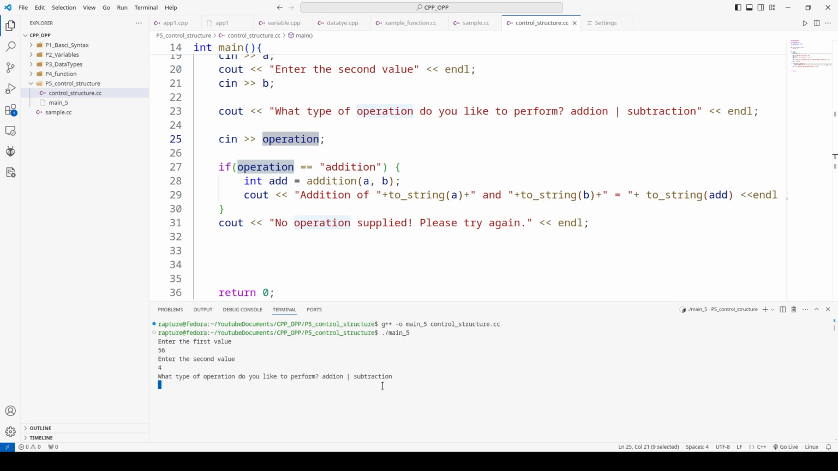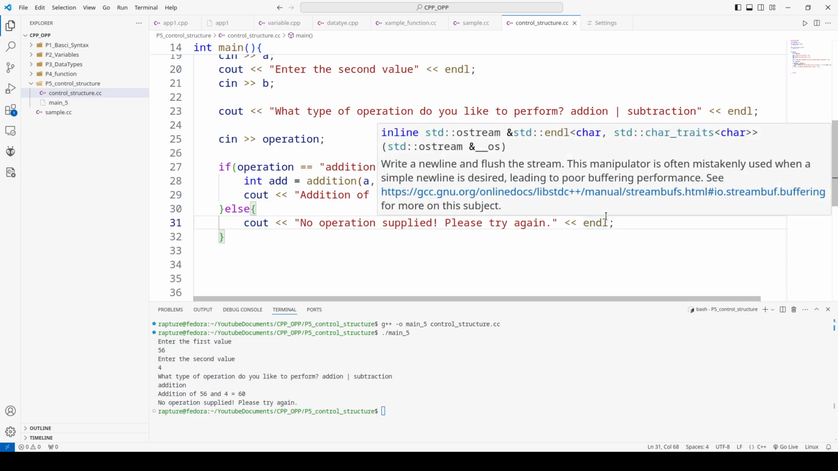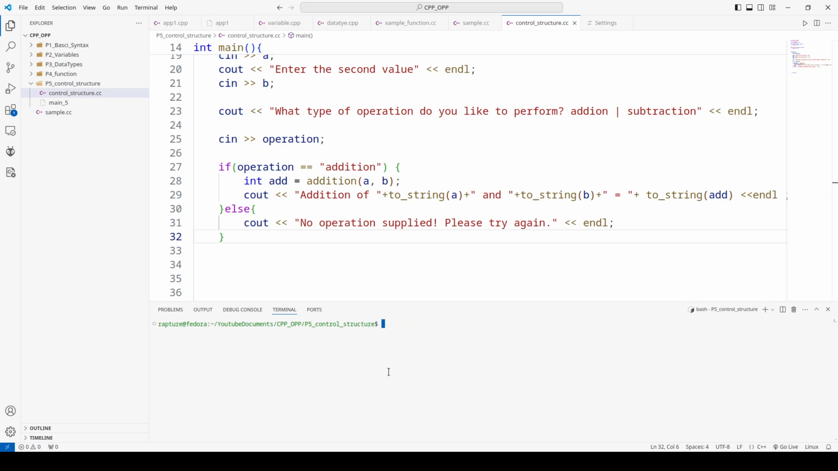Now it's telling us what type of operation we want to perform. It's addition. It said addition of 5 and 4 equals 60. Great. It's teaching us this. But we can now add it as what? Then that second something there, which if we show it now,